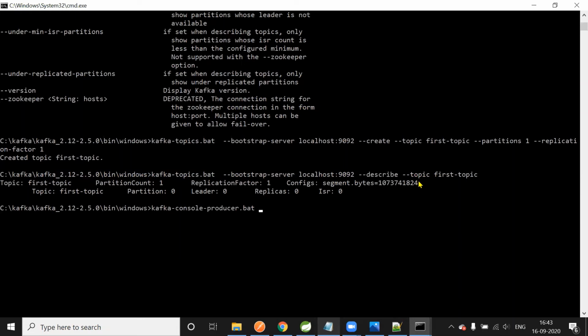So if you observe, there's a difference here. Apache Kafka is a community version. Confluent Kafka provides some enterprise features, right? So let me start with the producer.bat. Here we need to give the broker list, once again pointing to localhost:9092, right? Which topic? We have to say first topic, right? Here we are trying to send some messages to first topic. When I press enter here, you can observe a greater than symbol is coming, right? So let us send some messages. I'll type Kafka, Confluent, producer, consumer, some messages, right?